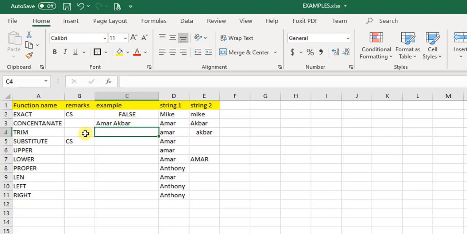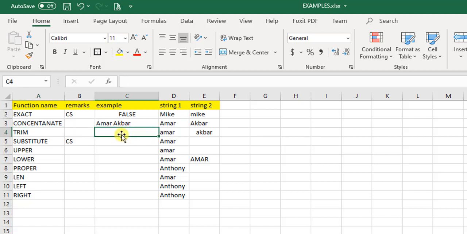The third function we are going to see is the TRIM function. The TRIM function trims the blanks in a text string. It actually trims all the blanks except those that are separating the words.